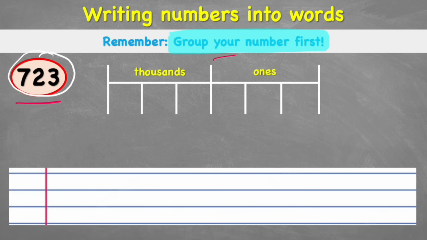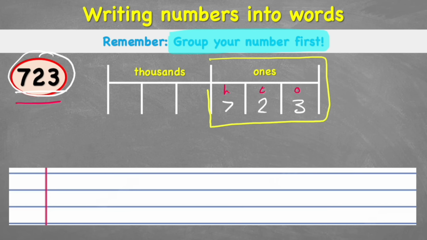So I'm only going to be working in this first block, nicknamed the ones, first of all. And in this first block, I actually have my ones, tens, and hundreds. Hopefully you've seen that before. So in 723, I can see I have 3 ones, 2 tens, and 7 hundreds. And because we're only in this first block, we don't need to think about thousands at the moment, so we can simply say what we see. So I have